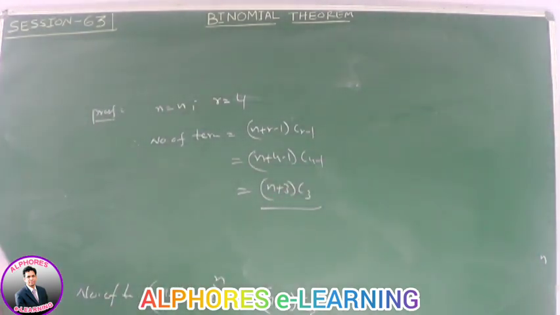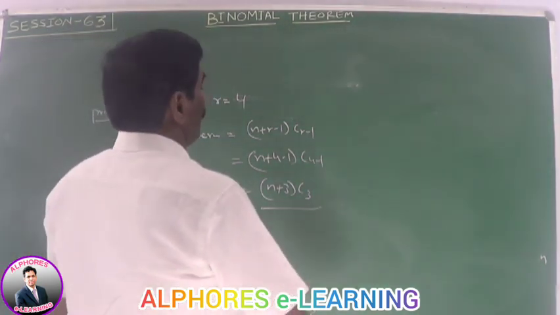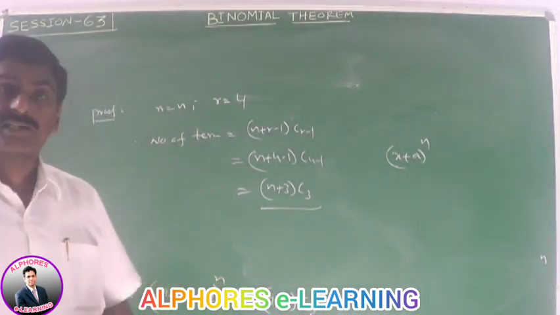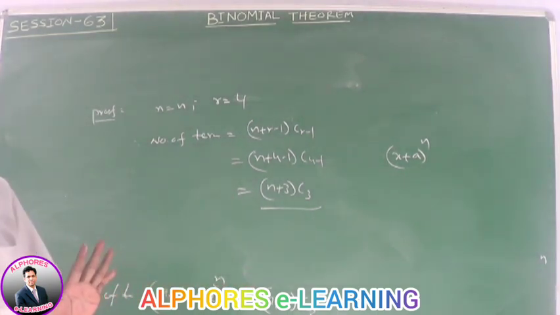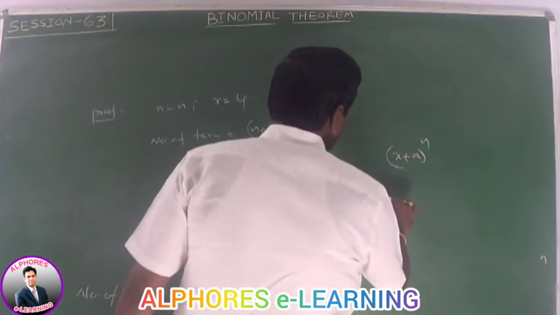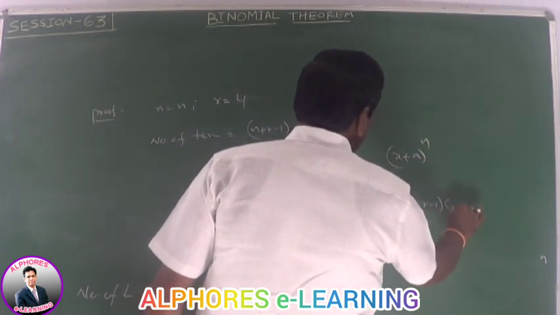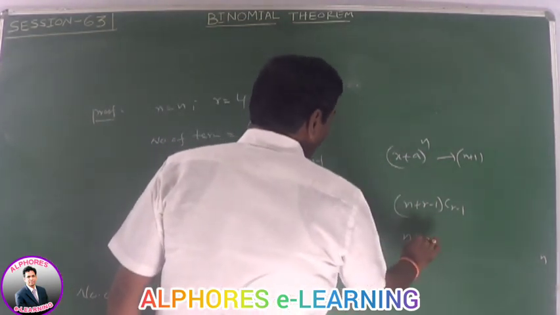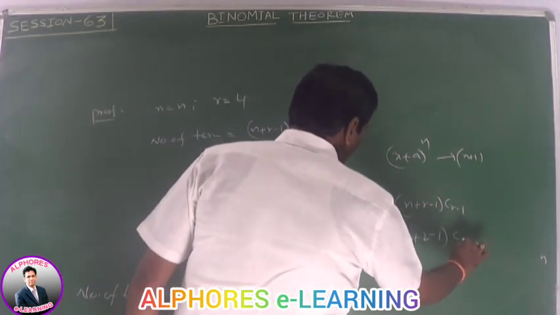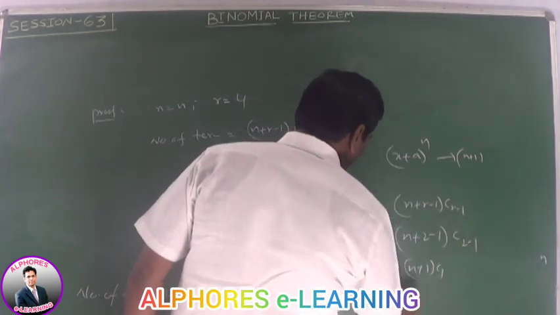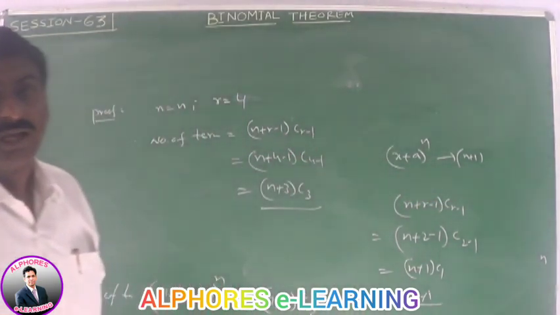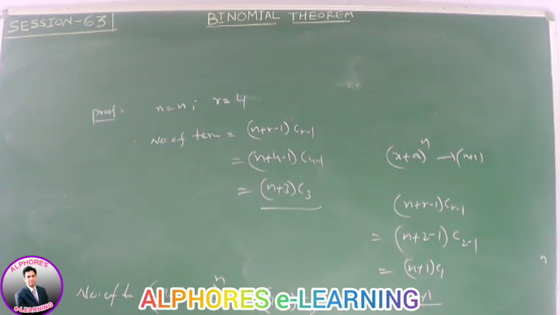By using this formula, we find the number of terms in the multinomial expansion. Okay. Next, at the same time, suppose it is the binomial x plus a whole power n. The number of terms in the expansion is n plus 1. By using this property, what is the number of terms? The number of terms in the multinomial is n plus r minus 1 c r minus 1. Actually, the number of terms in this expansion is n plus 1. By using this formula, what is n? n value is n. r means number of terms, 2. n plus 2 minus 1 c 2 minus 1. That is equal to n plus 1 c 1. That means n plus 1. So, this value is equal to n plus 1. Okay, number of terms in the multinomial expansion where index is n: n plus r minus 1 c r minus 1.